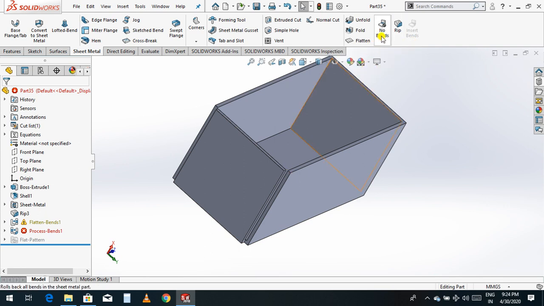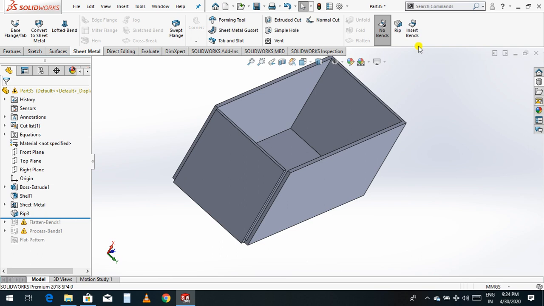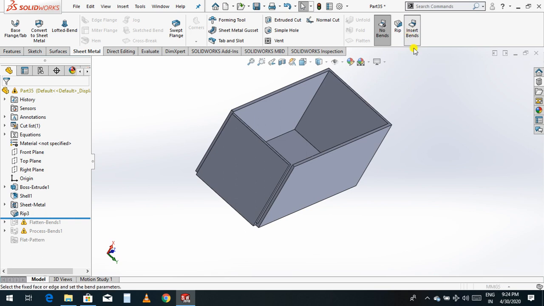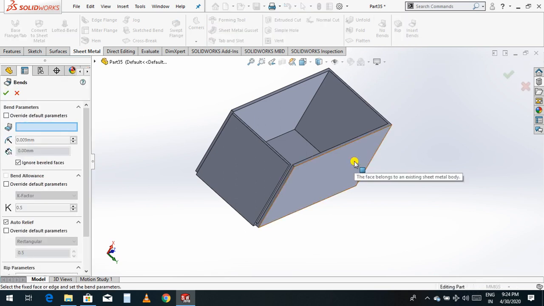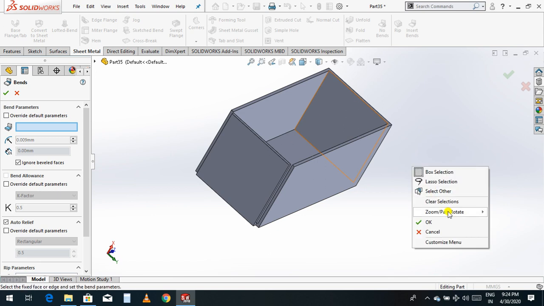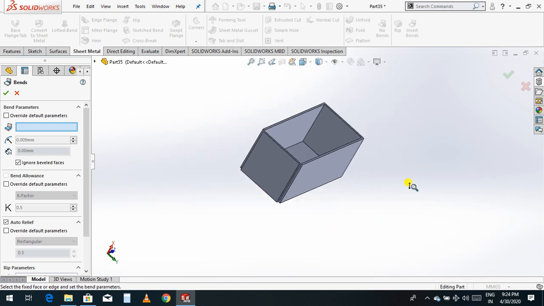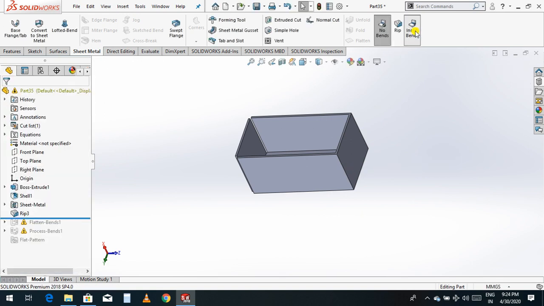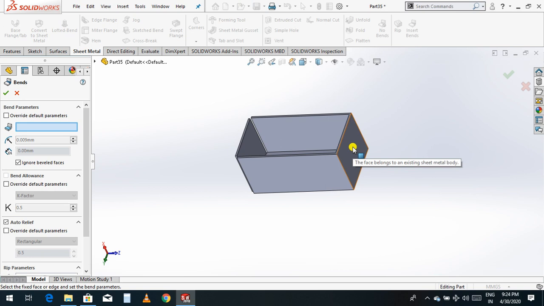And if you click this no bend, sorry, this insert bend, so this is called insert bend. And again, if you apply this insert to this face, select this face, insert, select this face.